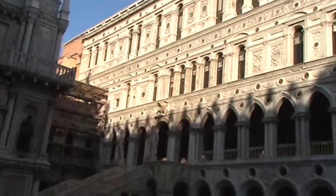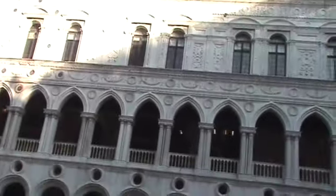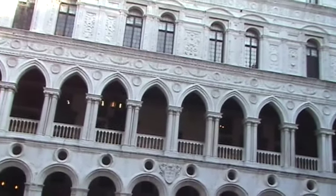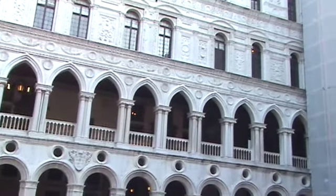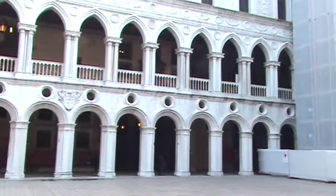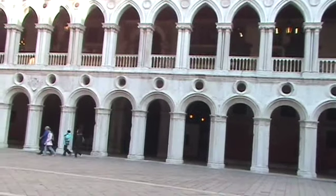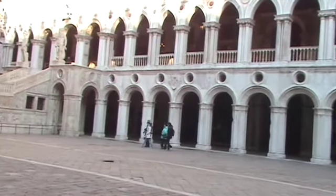This was a spectacular building, I'm sure, when it was original. Some of it's been damaged by fire and rebuilt in the last several centuries. It must have been incredibly cold in spite of the large fireplaces, at this time of year at least. What's interesting here